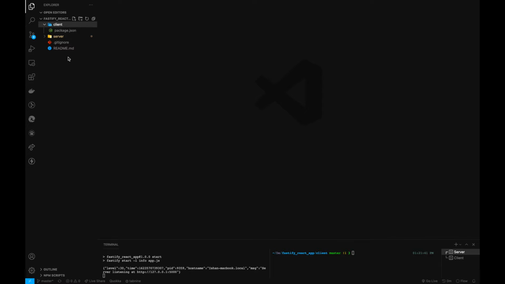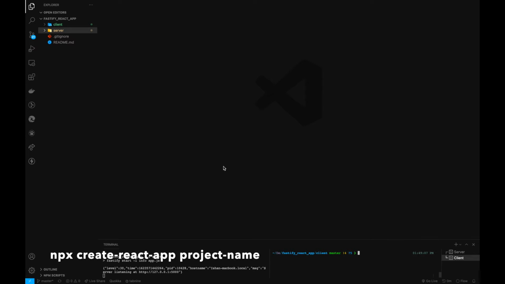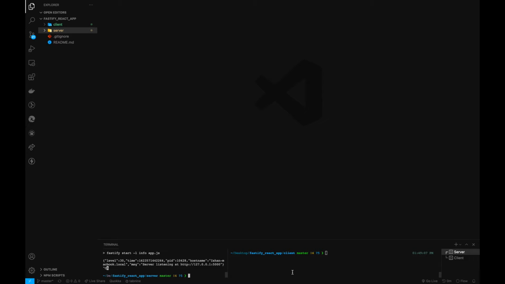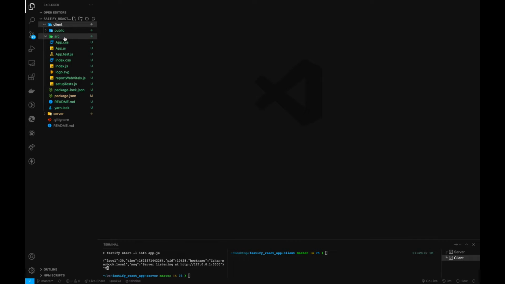So I'll just add a blank project from npx CRUD React app. After pretty much our project has been created, inside of our client folder right here, we just want to kill our server right here because we won't be using our server right now. So inside of our client here, I just want to remove all the unnecessary files that we have here, which